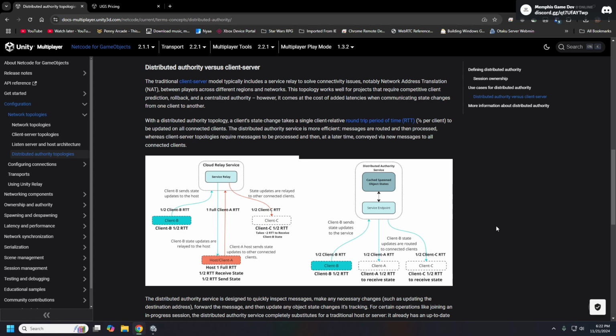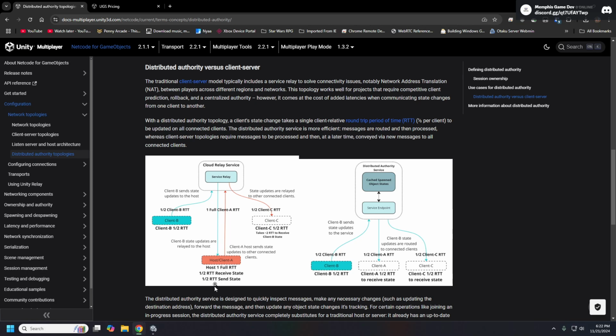So in the regular Relay service, client B here is trying to push up an update to the host, and client C here is waiting for that update. In your regular Relay service, the client will send it up to the service, and it gets pushed down to the host.